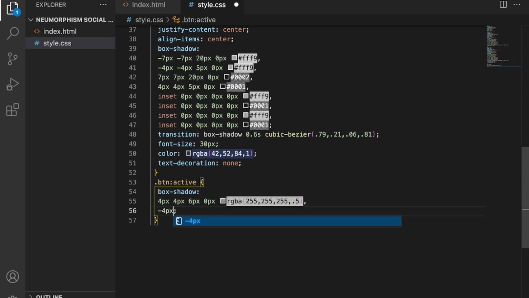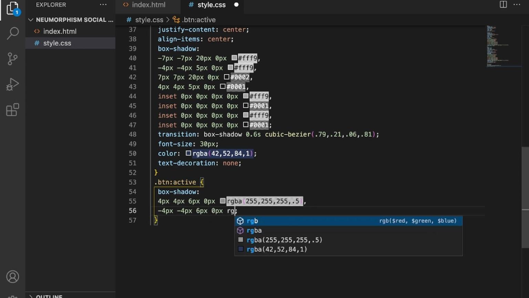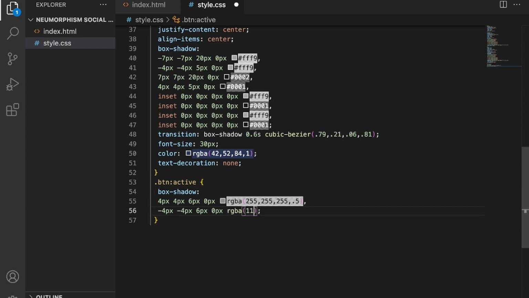Again -4 pixel, -4 pixel, 6 pixel, 0 pixel, RGB 116, 125, 136.2. Again inset -4 pixel,